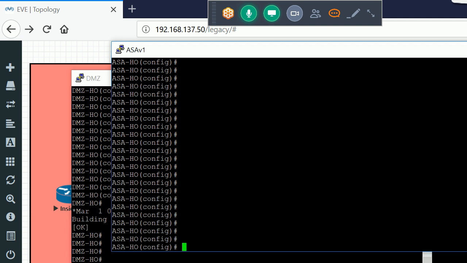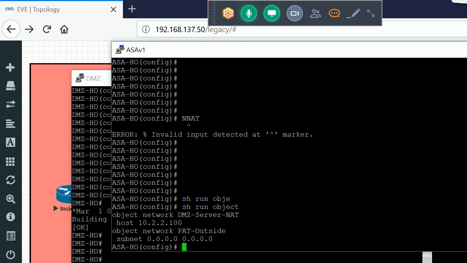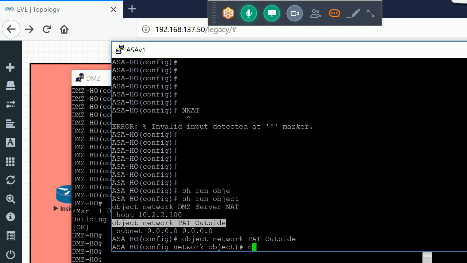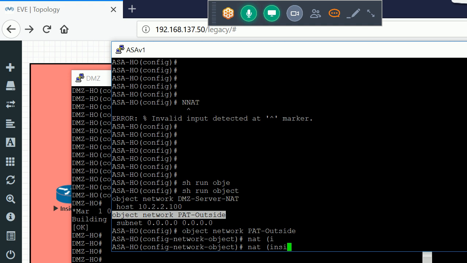Okay, let me also add one PAT rule here for the DMZ network as well. Object. This time I include both of my interfaces, so I'll use the keyword any here.